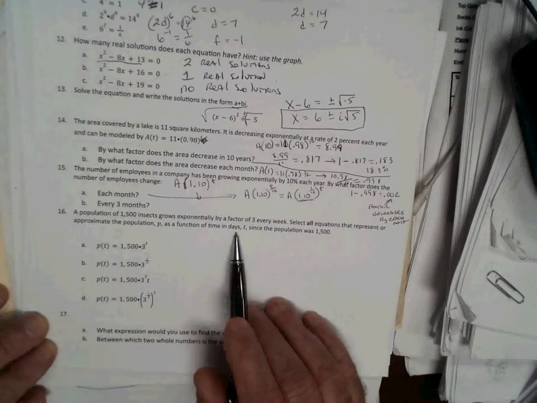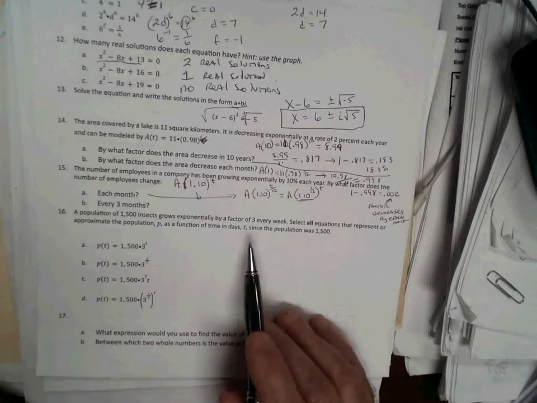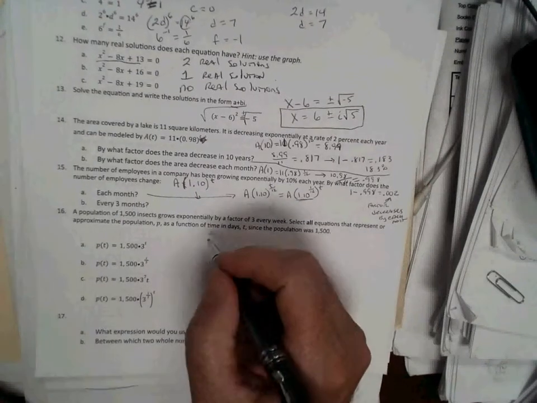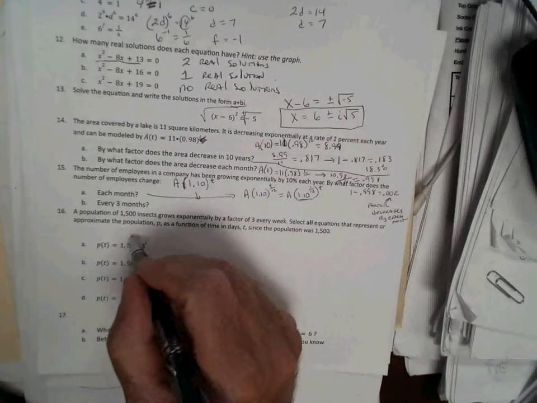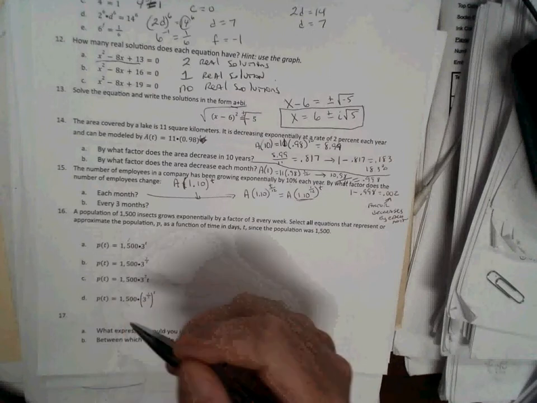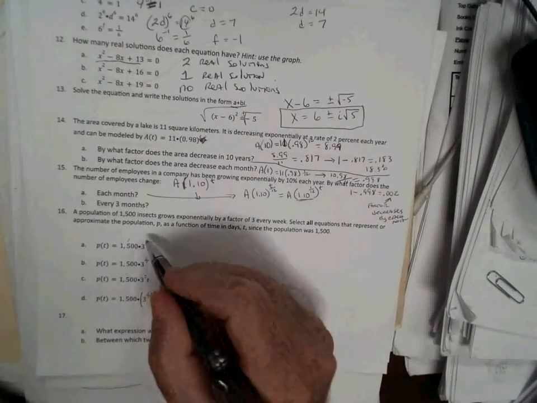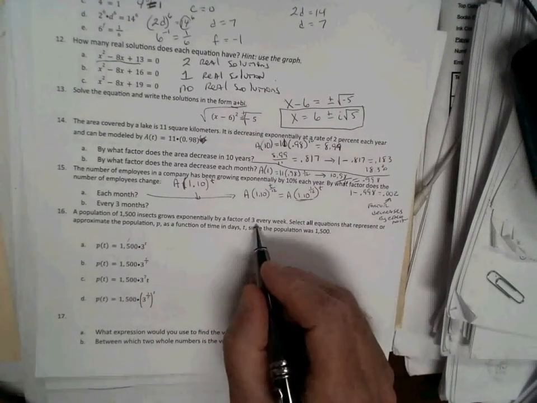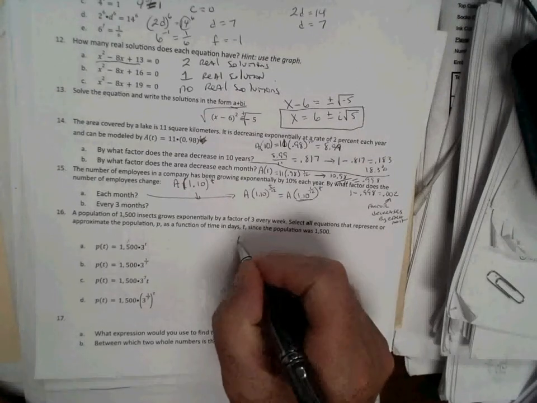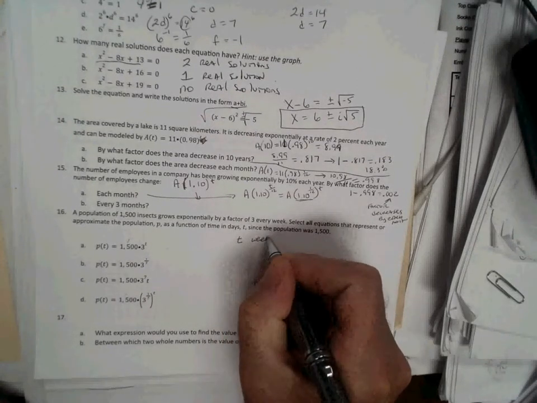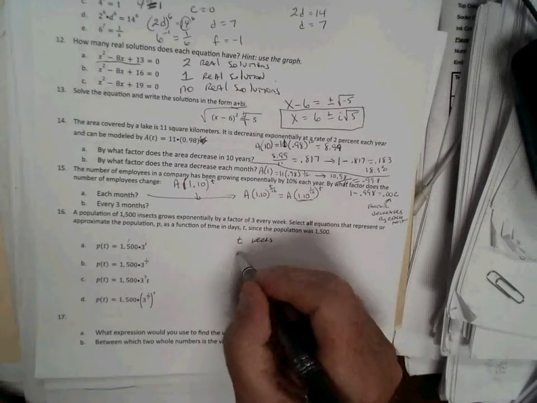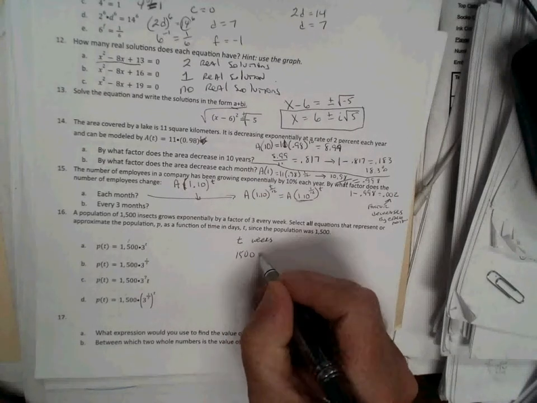T, since the population was 1,500. Okay, so the initial population is 1,500. That will be this part here. The factor is 3, but we're in days. It grows 3 every week. So for T in weeks, the function would be 1,500 times 3 to the T, but we're not doing T in weeks, we're doing T